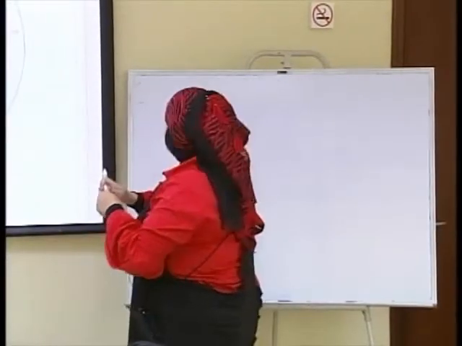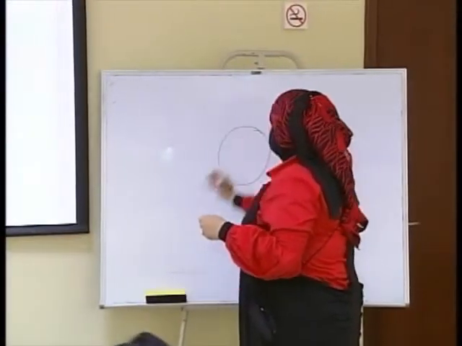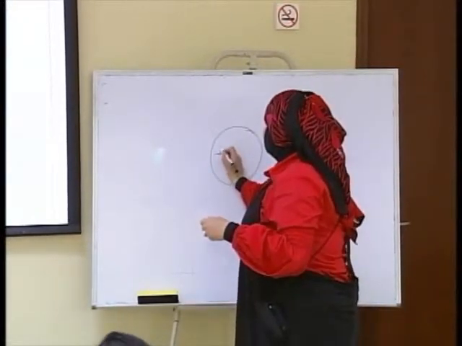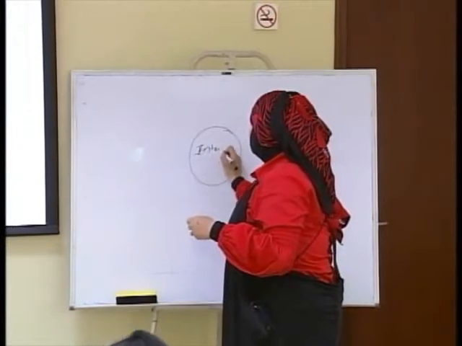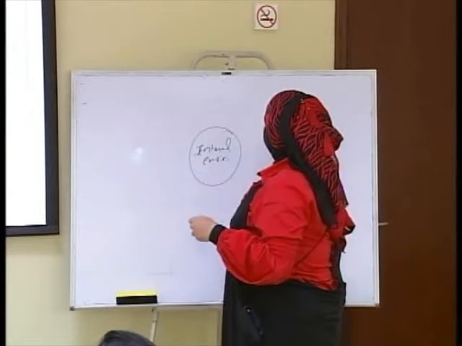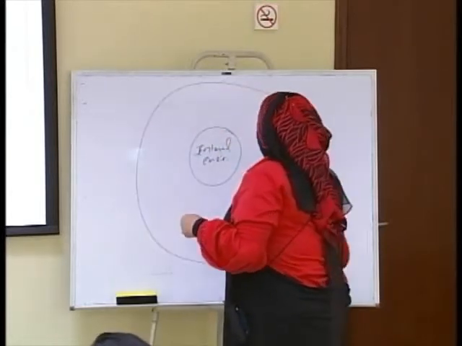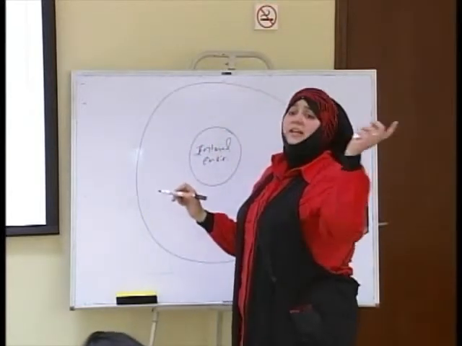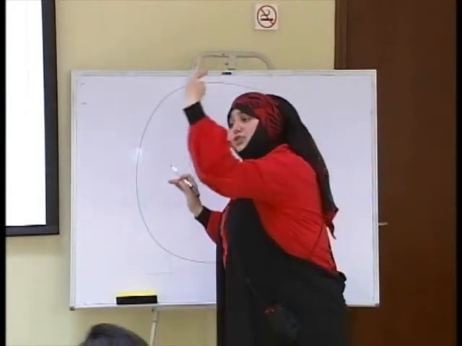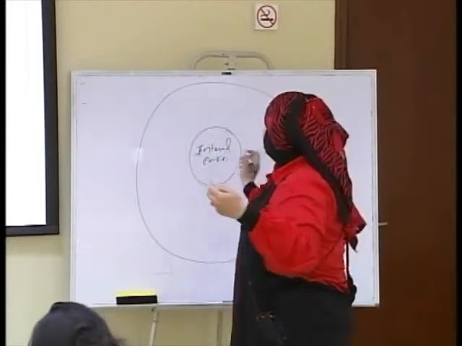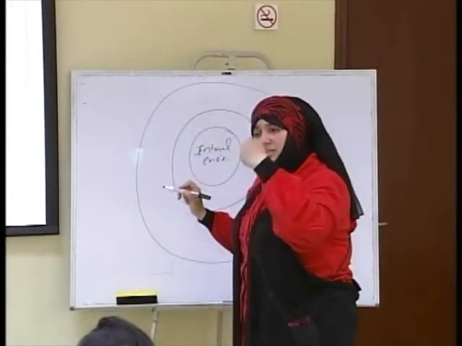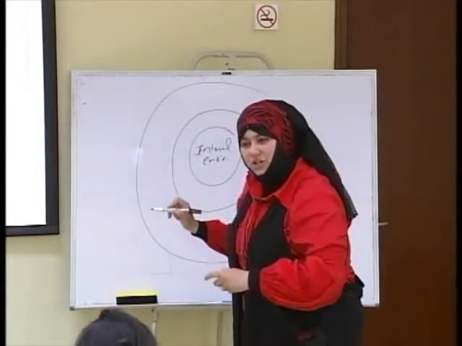All right. Here, this is the organization. Inside the organization, we have what we call the internal environment. And outside the organization, we have what is called the external environment in general. The external environment is divided into two layers. The first layer, which is closer to the organization, includes some parties that have direct contact with the organization,